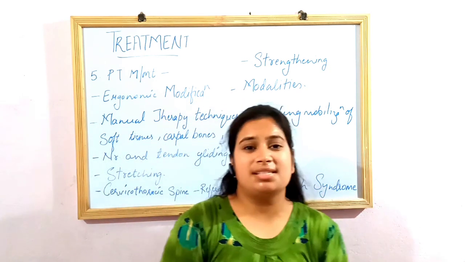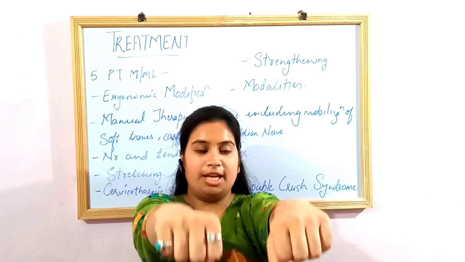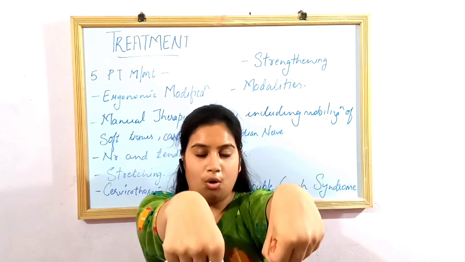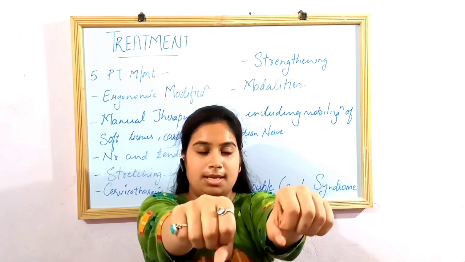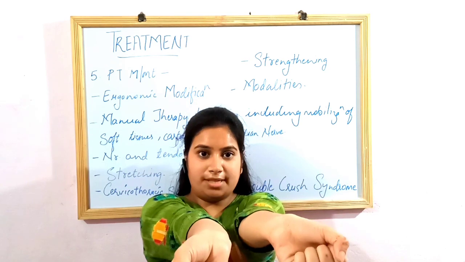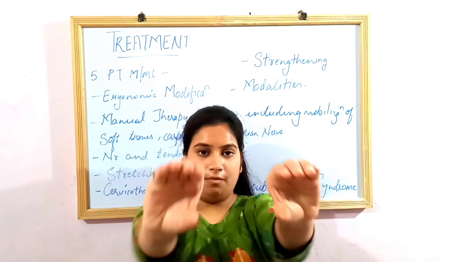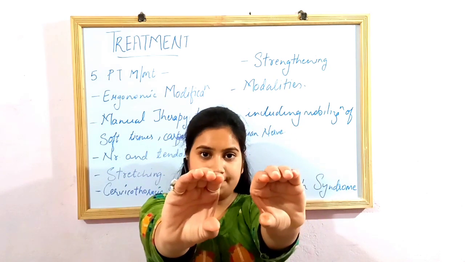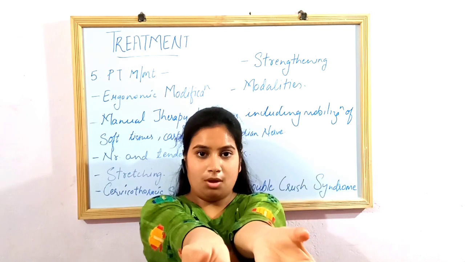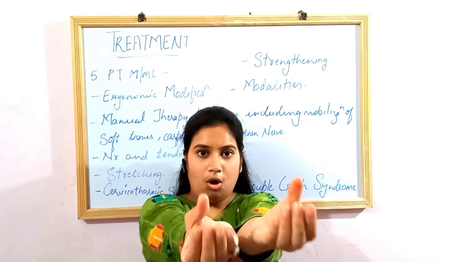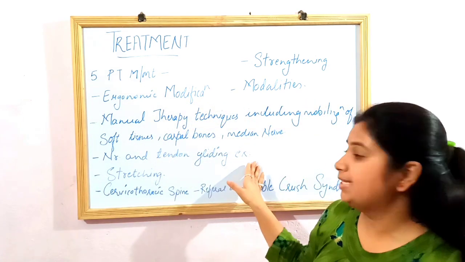Okay. Now next are some of the hold exercises. Hold for 5 seconds and then release. Look into them. Make a fist like this. This is the same. Hold for 5 seconds. This is a full complete circuit. Likewise, hold for 5 seconds. Release. Now form a puppet shape with your palm. Hold for 5 seconds. Release. Same. Hold for 5 seconds. Release. Okay. So these are your nerve and tendon gliding exercises.